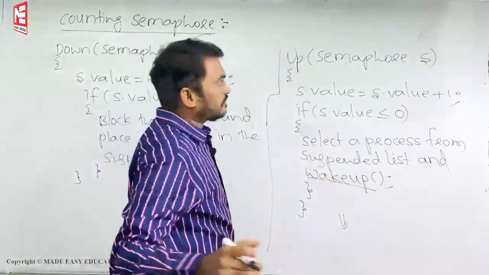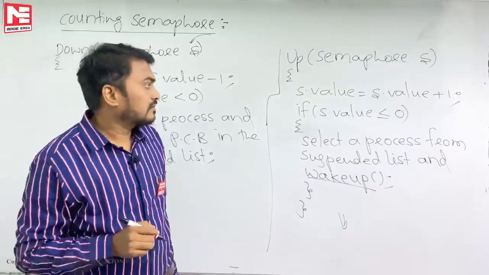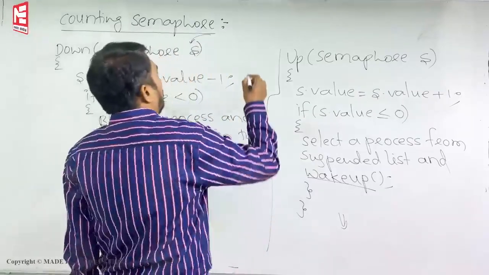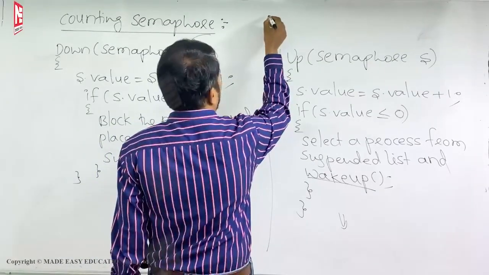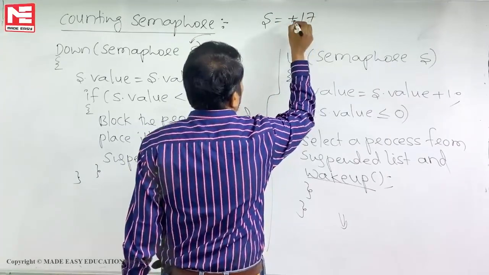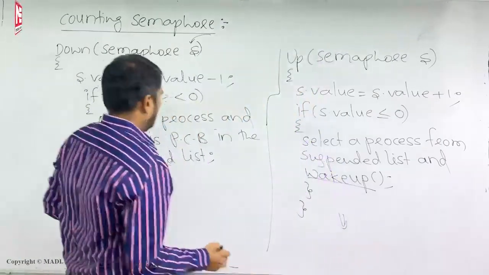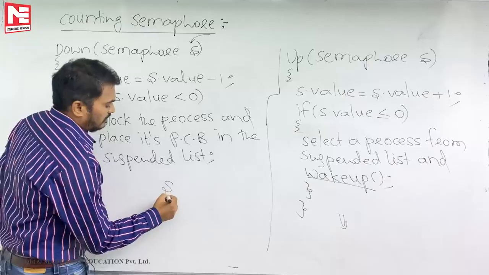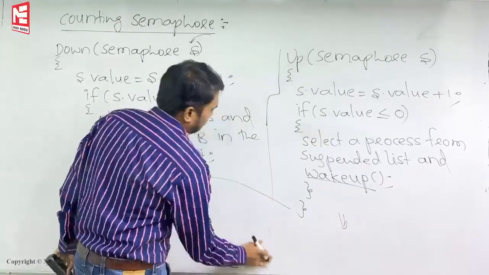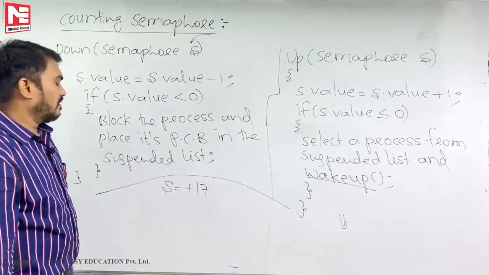Okay, next, note down the question. Just note down the question. Consider a system which has the initial value of the counting semaphore S. Write the question. The initial value of the counting semaphore S is plus 17. So I am writing here: the initial value of counting semaphore S is plus 17. Then